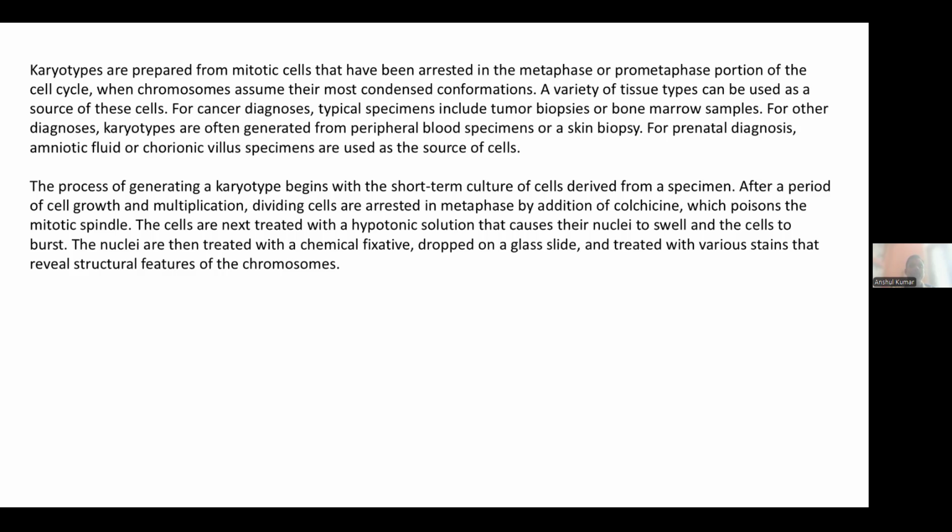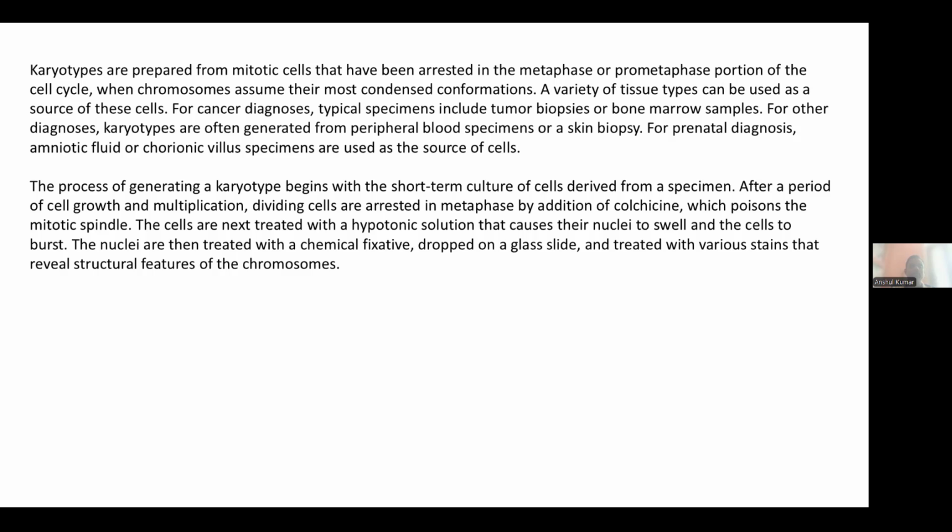For prenatal diagnosis, amniotic fluid or chorionic villus specimens are used as a source of cells. The process of generating a karyotype begins with the short-term culture of cells derived from a specimen. After a period of cell growth and multiplication, dividing cells are arrested in metaphase by addition of colchicine, as we have already discussed earlier, which poisons the mitotic spindle, that is, it prevents the formation of